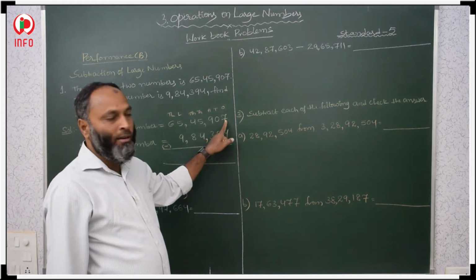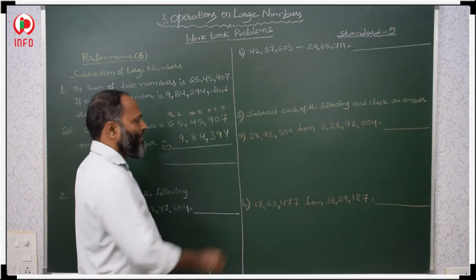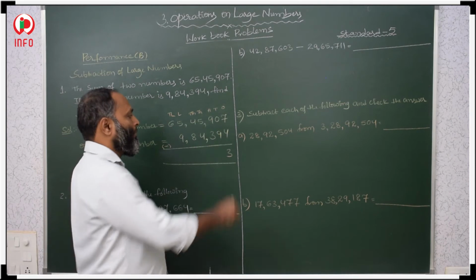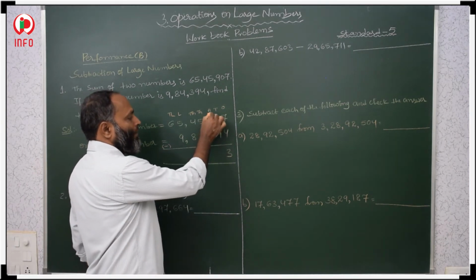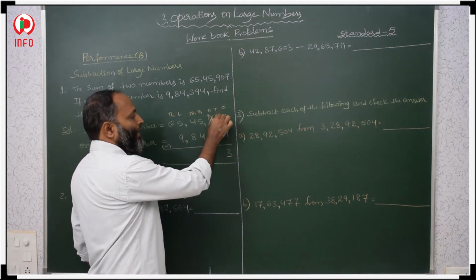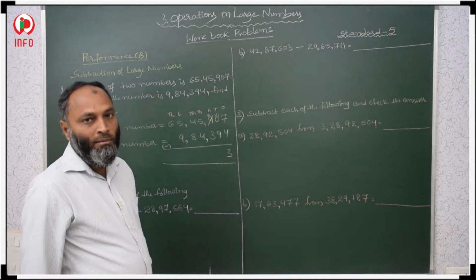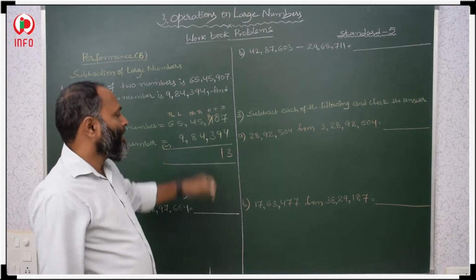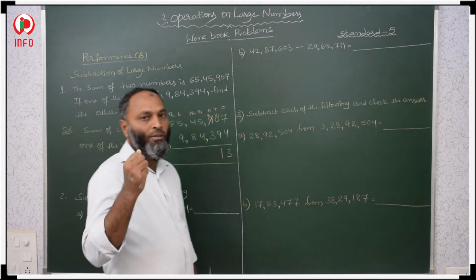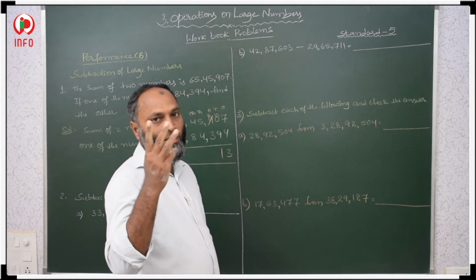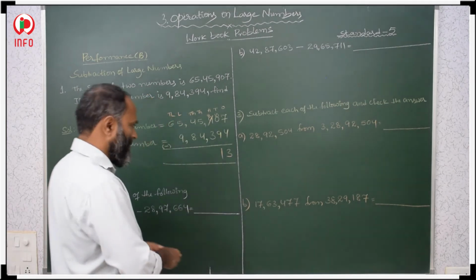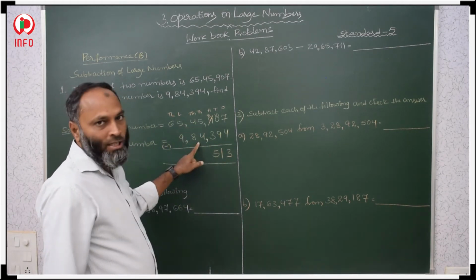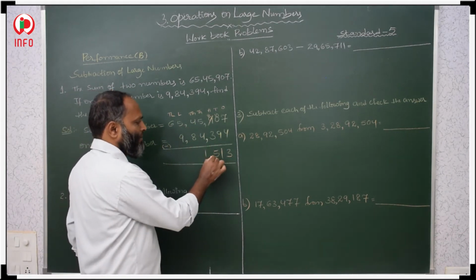Here the upper number is bigger. 7 minus 4 is 3. Here the upper number is smaller. Take borrow from the next. Here we will decrease by 1, means we will get 8. Here we will increase by 10. 10 minus 9 is 1. 8 minus 3, how much is it? From 3 to 8 you have to count: 4, 5, 6, 7, 8. That is 5. Then 5 minus 4. Consecutive numbers, so the difference is 1.